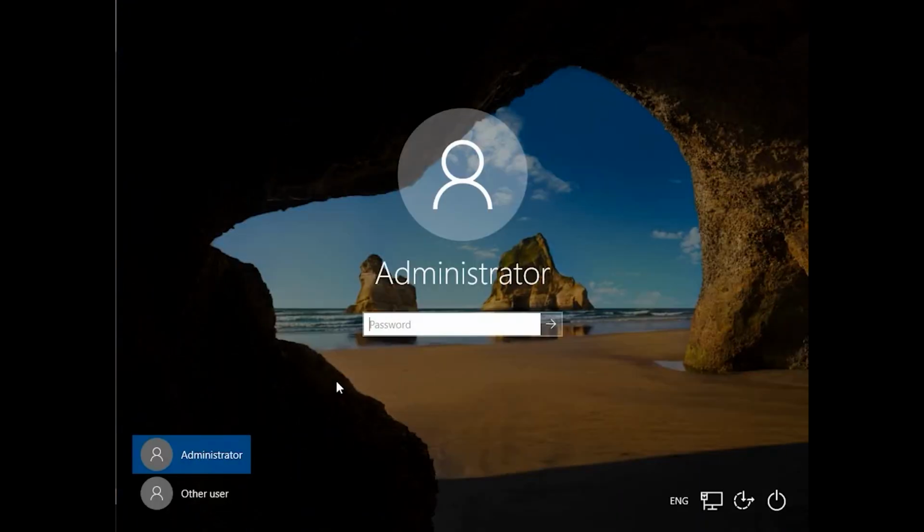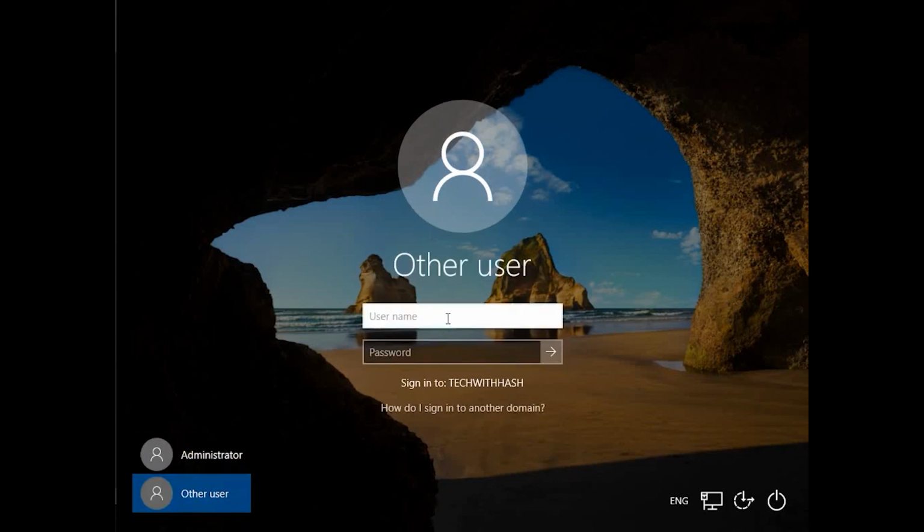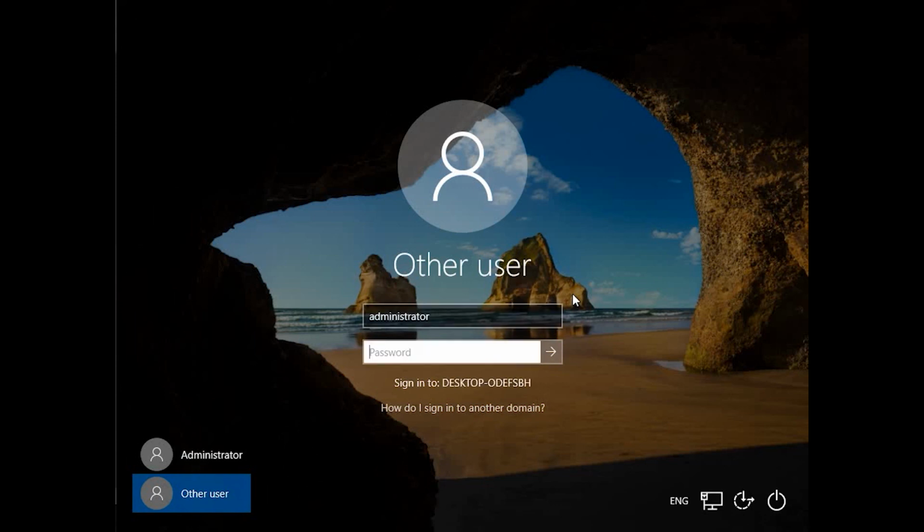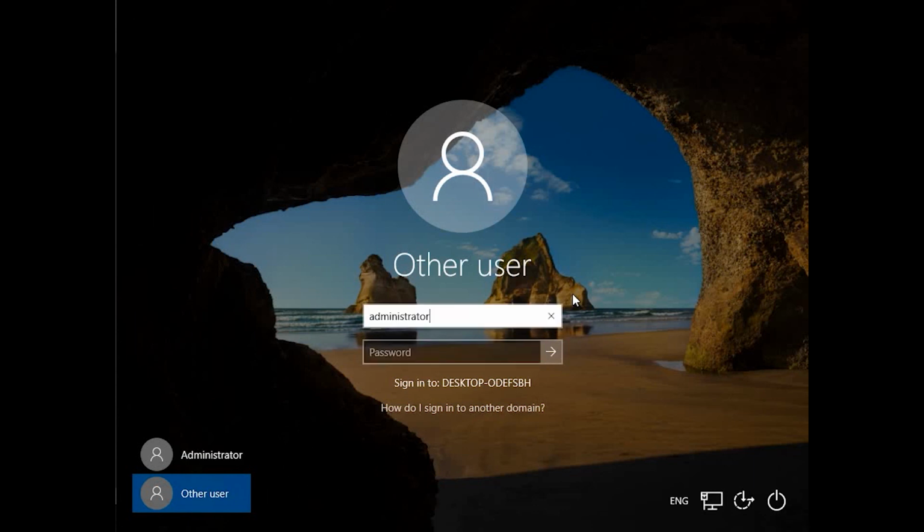Okay, so what you get is, in the first page you get these two options, like this administrator. The main one is the local administrator account. So you go to other user, and since I didn't create any new account, I'm gonna log in from the domain administrator account. Oh, it's gonna direct you to the local administrator account. For that,